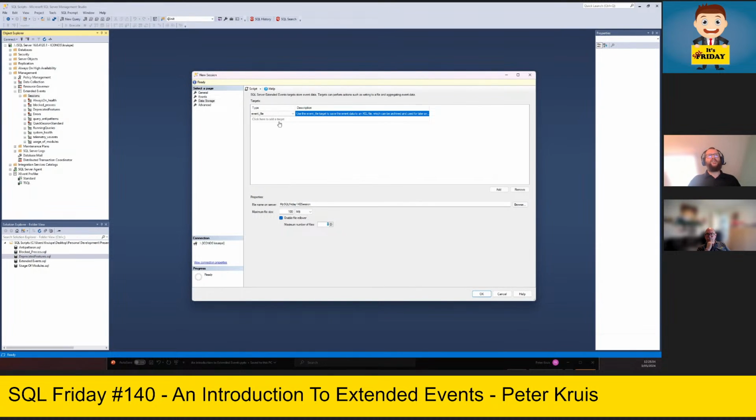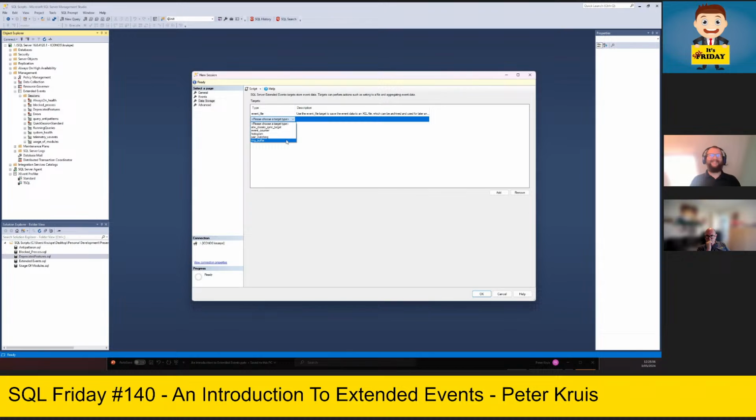There are also some others, for example, the ring buffer, but it's a memory thing. I prefer to have my data in there and not my extended events. The histogram, for example, counts the number of times an event happens. The pair matching finds differences between 2 events, for example, lock acquired and released, and when both are done, it's removed from the target. So you can see what is happening at this moment, and it will remove the finished ones.